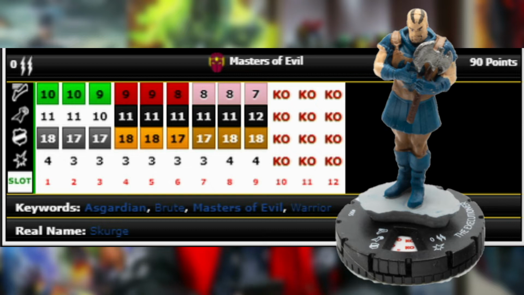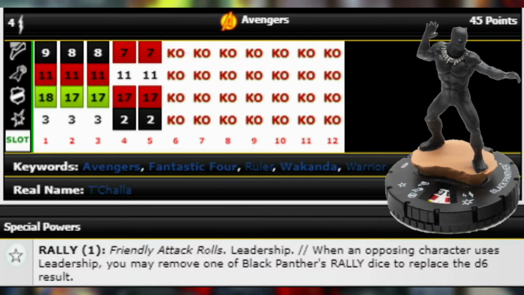And then that flurry in the middle there too, so he can actually heal up almost to top dial. 3 damage, 4 damage, most of his dial. Damage reducers the whole way. All in all, just a good brick of a figure right there. So he's not too bad, but up next we have Black Panther, who's coming in at 45 points, Avengers team